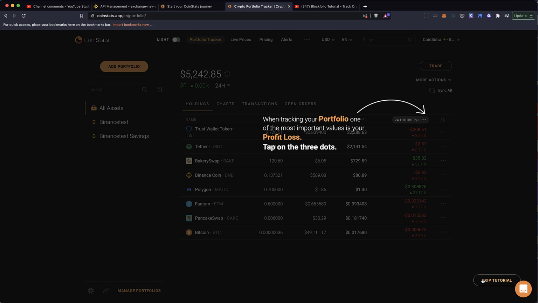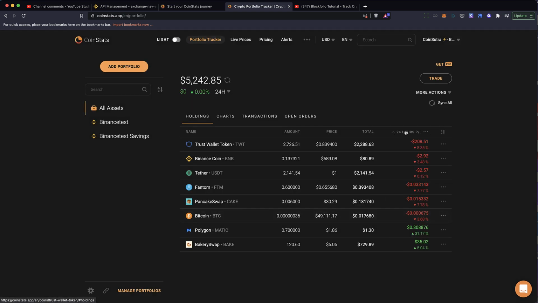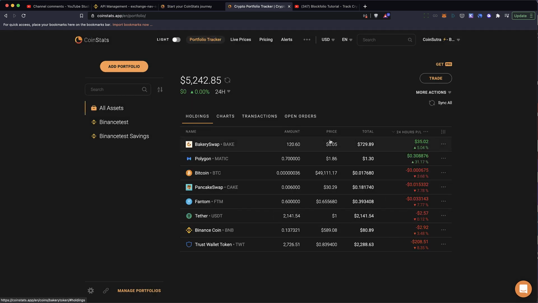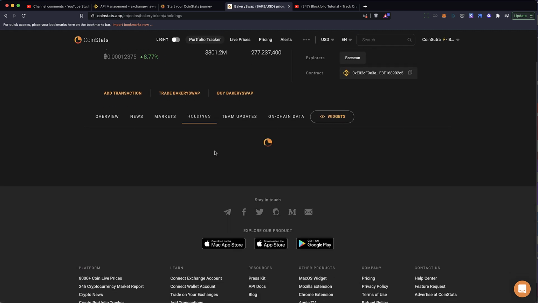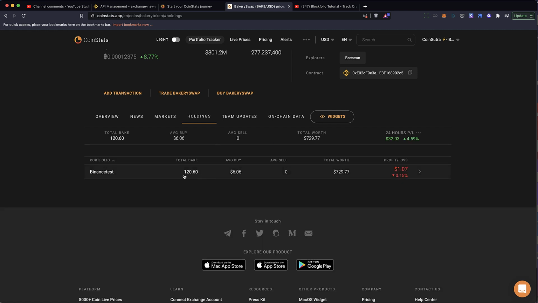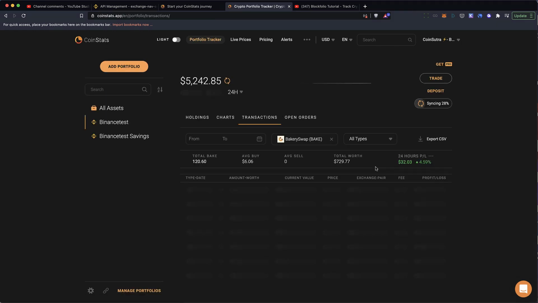So let's go through this tutorial. So profit, you can see the profit and loss in this statement, and then where's the next button? I can't find it, so let's skip the tutorial. So yeah, you can see your profit and loss here. You can always click on any of the instruments also, and it will show you all your holdings. So it shows that I'm holding about 120 BAKE, that's worth this. The profit loss is $1.07.